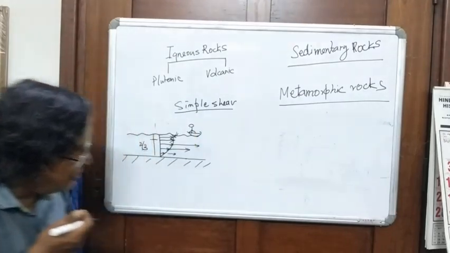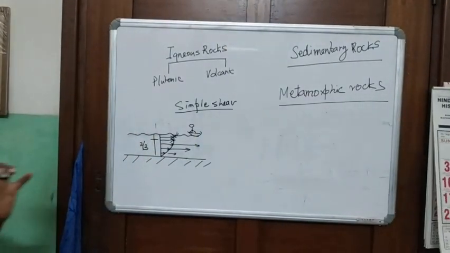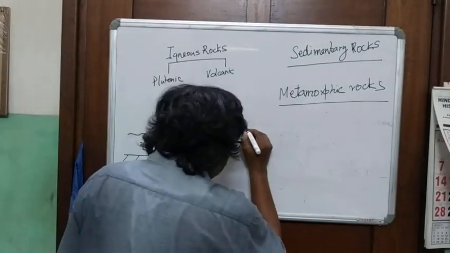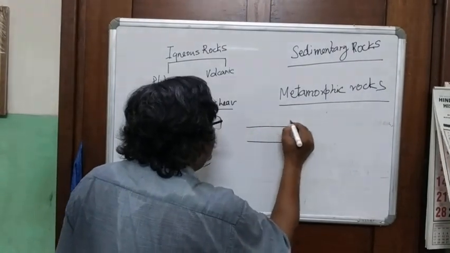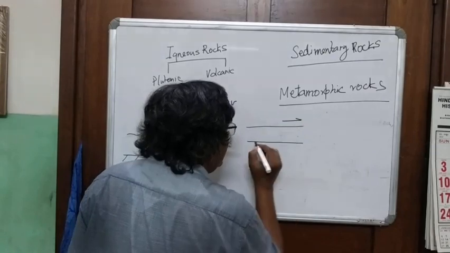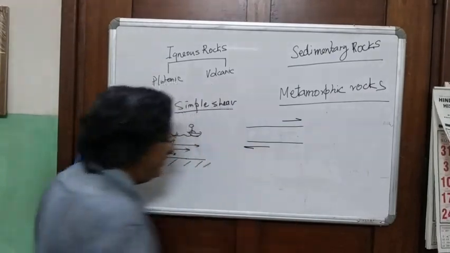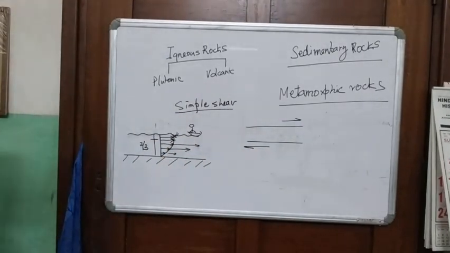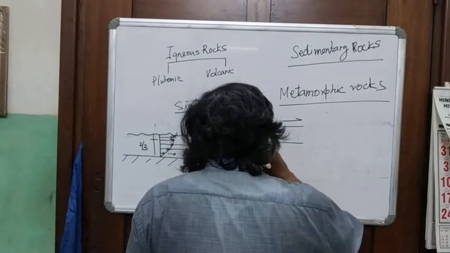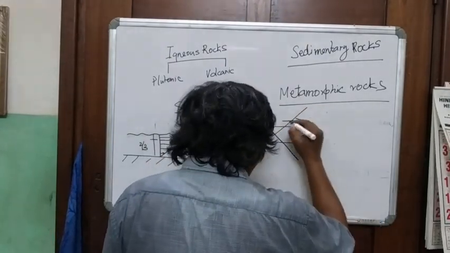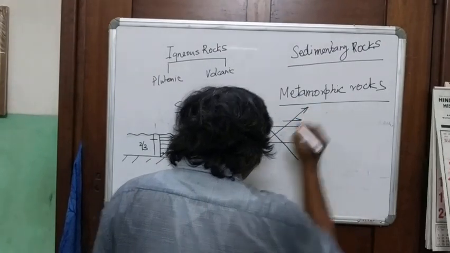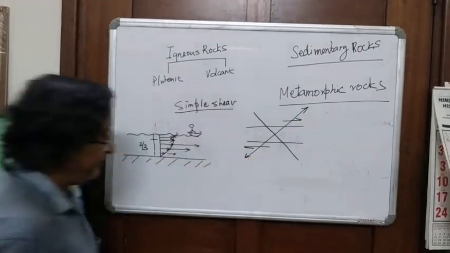So what happens in a rock, if you take a rock now and do the same thing, your movement vector is now this way. Right? If you do that, your pure shear component and the simple shear component, this is the zone of stretching,